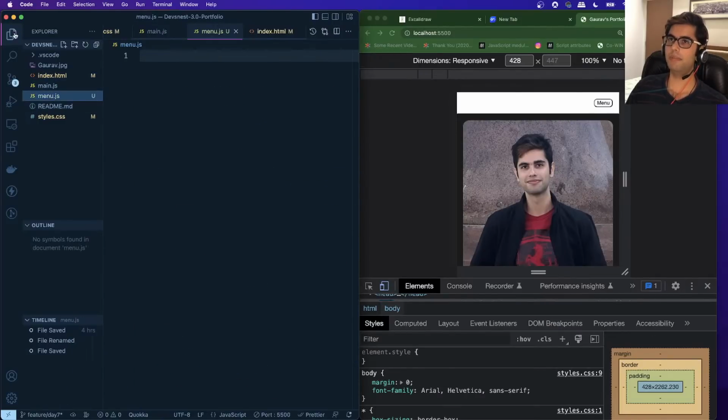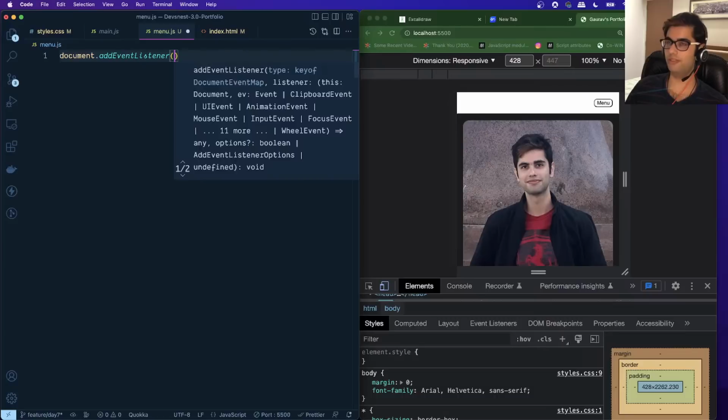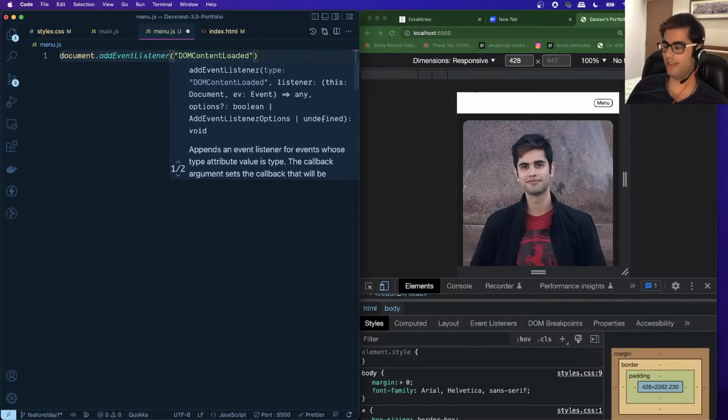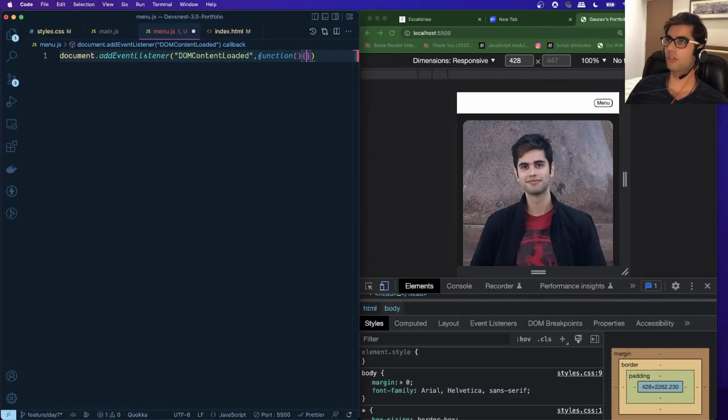And then inside menu.js, we will use document.addEventListener. We'll look for the DOMContentLoaded event. We'll wait for this event to happen so that we know that all of the content within our website has been loaded. Once that happens, what we will do is